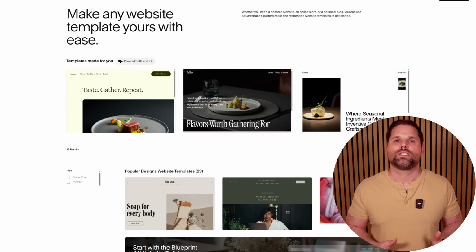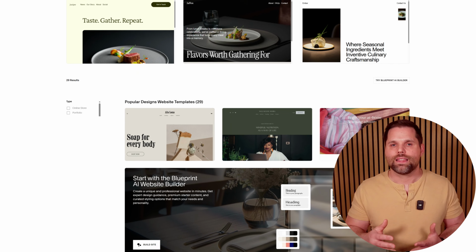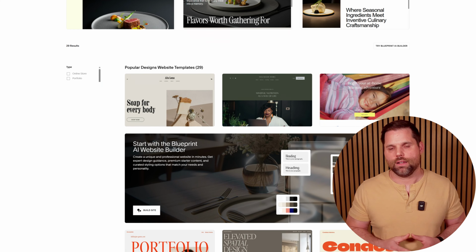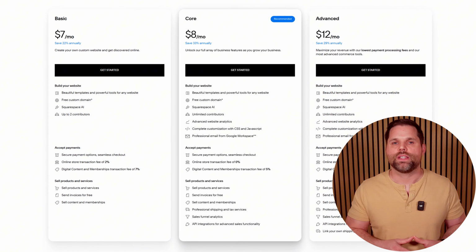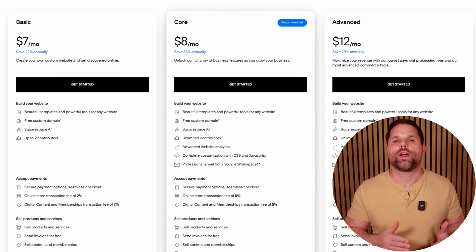And if you want more advanced booking tools or very specific features, you might find Wix gives you more options. Squarespace templates are beautiful, but they're also a bit more locked in. So if you like to tinker, that can be frustrating. Now, pricing tends to be mid-range, usually slightly higher than bare bones budget options, but very reasonable for a premium